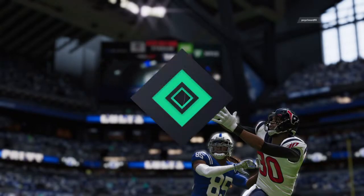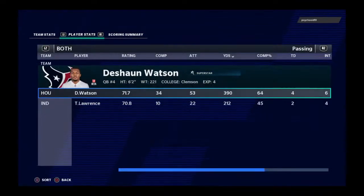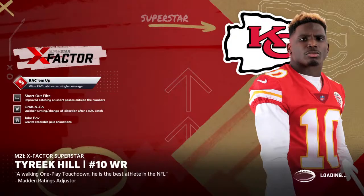So for Indianapolis, it's an important win for their playoff hopes as they move to 8-5. And they'll get another home date next week as the Jaguars will come to town. Meanwhile, for the Texans, they fall to defeat for the second time this season. And they'll look to